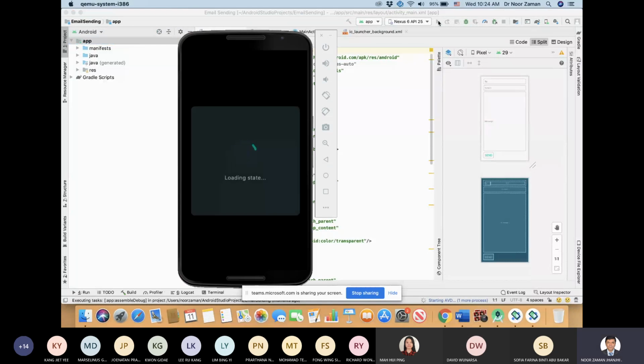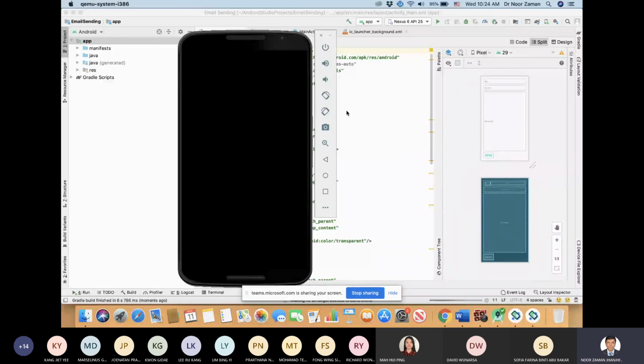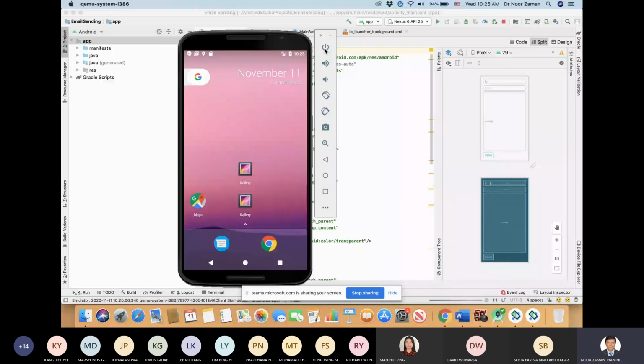You can see from here, because we are recording this lecture, we cannot provide the passwords right now. Here we already provided the password and everything is there. That's why we can go with that one. Just wait a moment. We will use that emulator as well for some other application. Okay, so here it is done. We just power it on and then we will wait for our application, because with this Nexus 6 API 25,